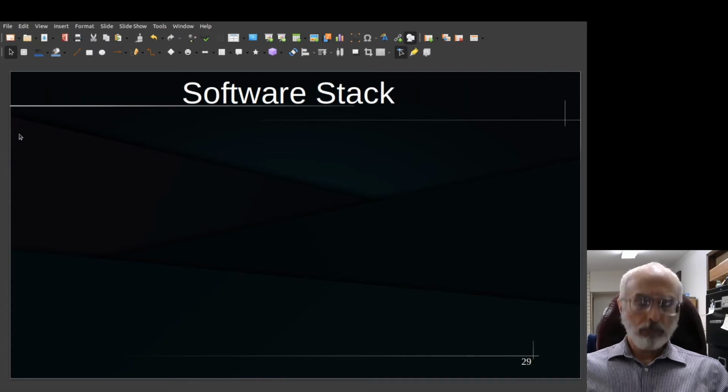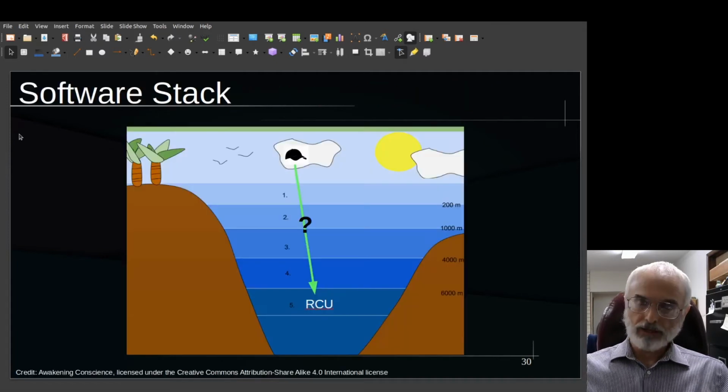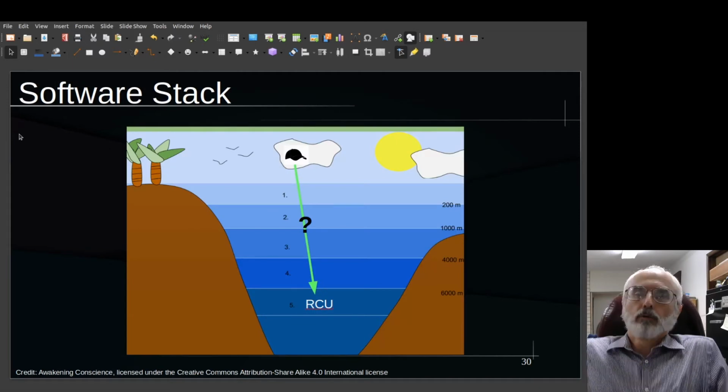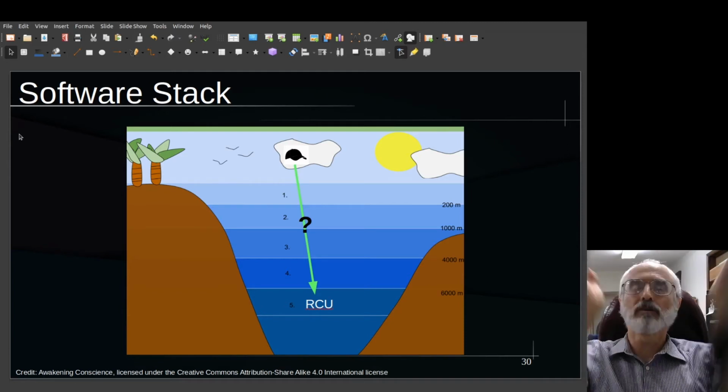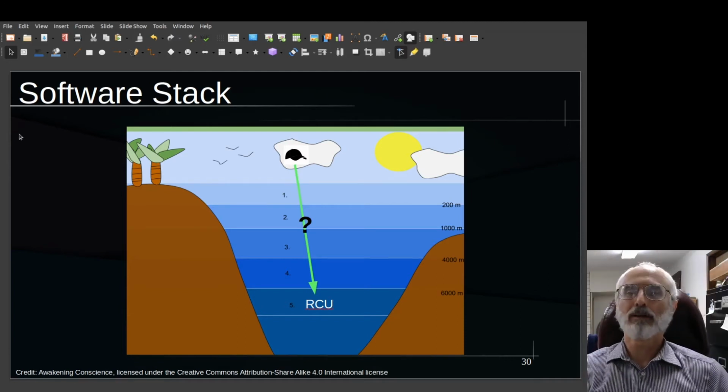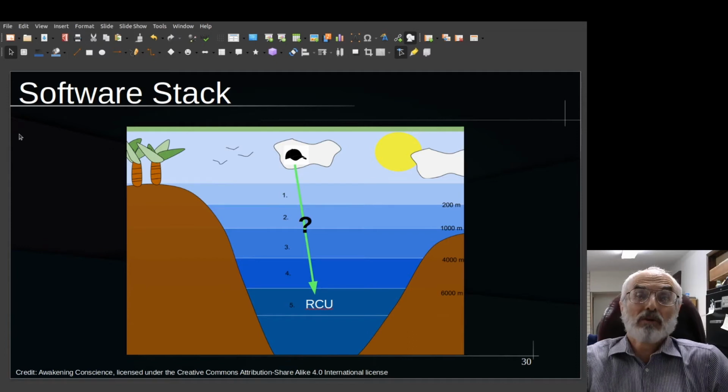Okay, well, fortunately, RCU is way down on the software stack, and there was a time when I thought I was so far down on the software stack, I'm not just in the Linux kernel, I'm in the bottom of the Linux kernel. I mean, there's lots of stuff above me, and so we got some black hat in some cloud somewhere trying to attack me. Well, there's a lot of stuff in the way.